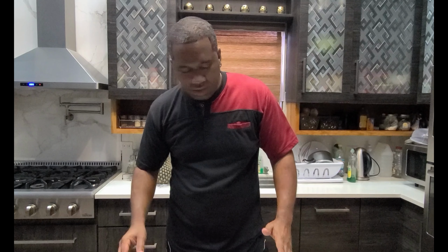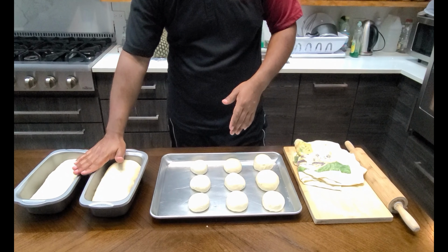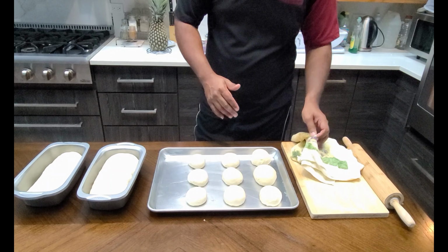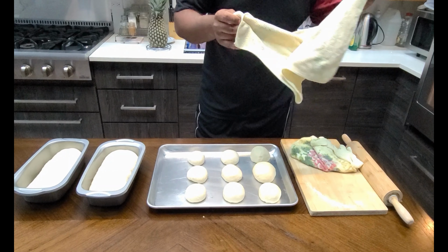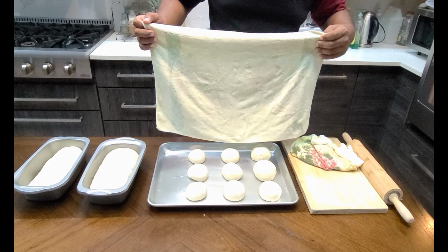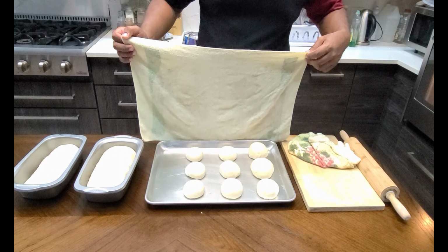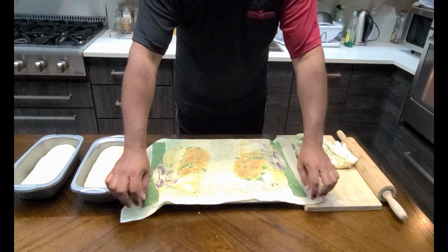Okay, we have completed all our hops here now, and this is our loaves. What we're going to do is similar to the first process. These here we have soaked in some warm water, wrung it out. These would just cover the hops and the loaves, just to keep the moisture in it, right? And when we do this now, we'll leave it for another